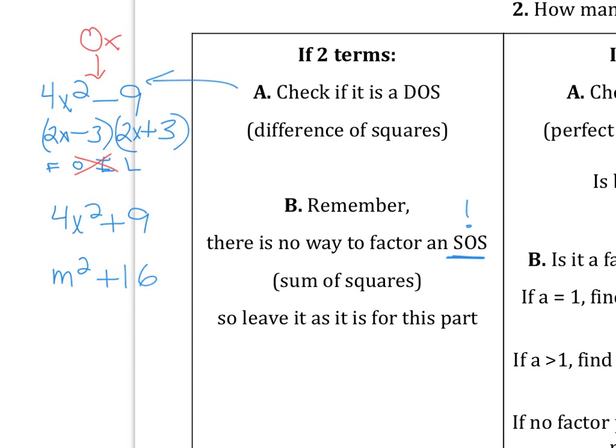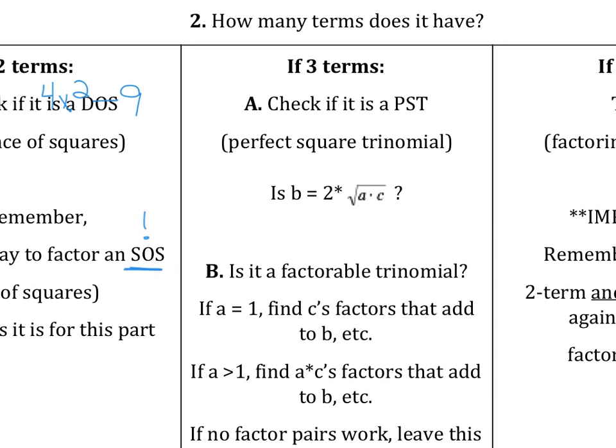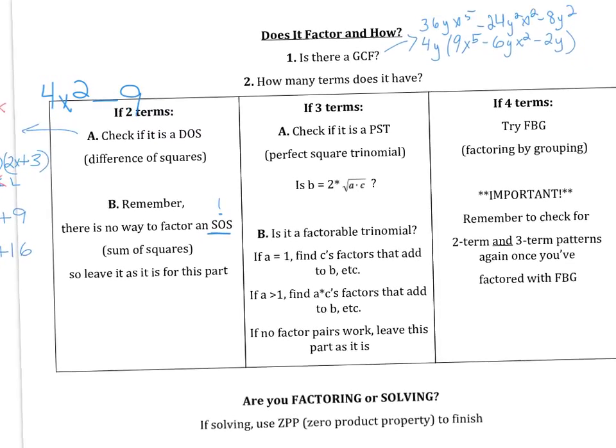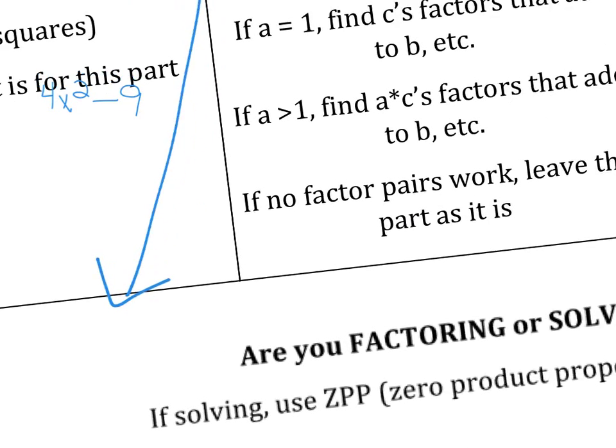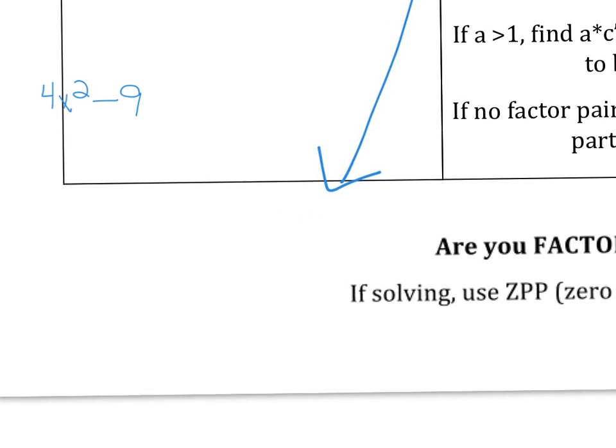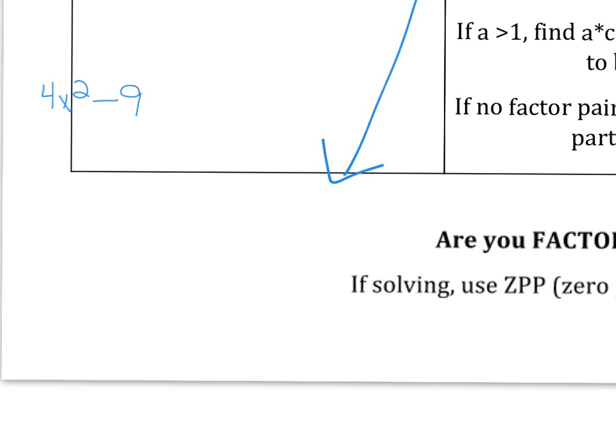The next pattern we're going to look at is going to be if it has three terms in it, and that is, first off, if it's going to be a perfect square trinomial. So what we want to be aware of there is that if it has three terms, for instance, something like, oops, let's try that a little better there, give us some more room. If we had an example sort of like this, so ignore that 4x squared minus 9 right now. So if we had 64 g squared h squared plus 48 g h plus 9, okay, if we had that